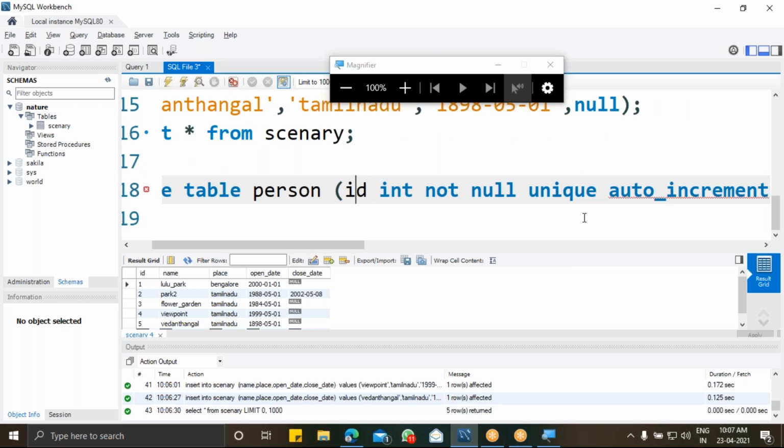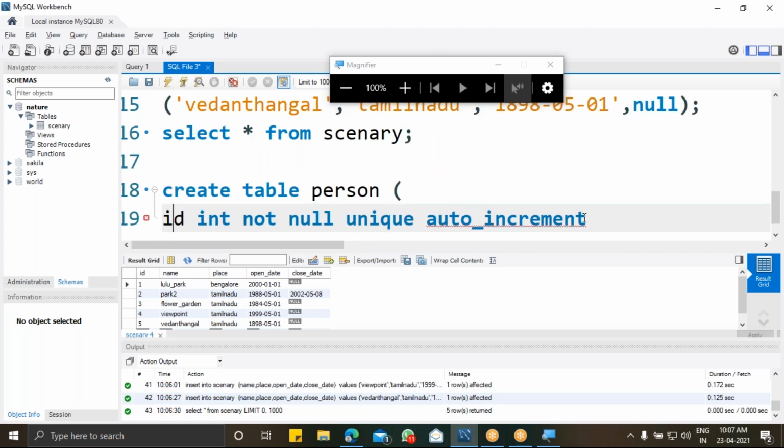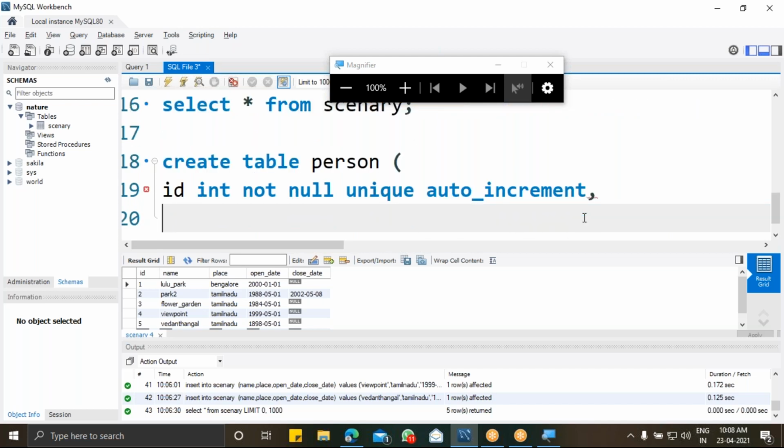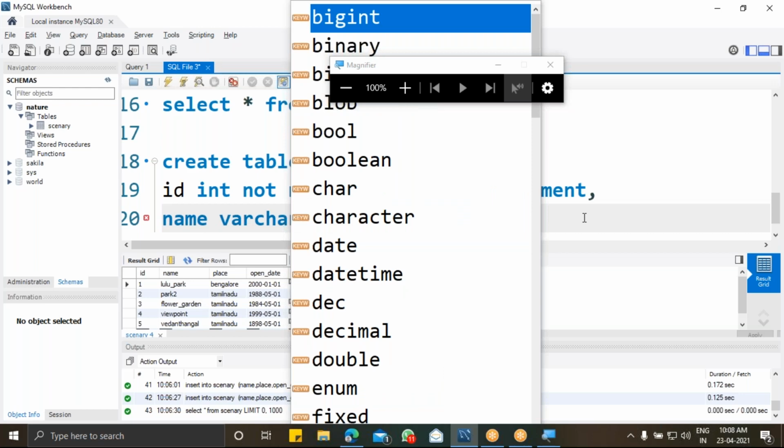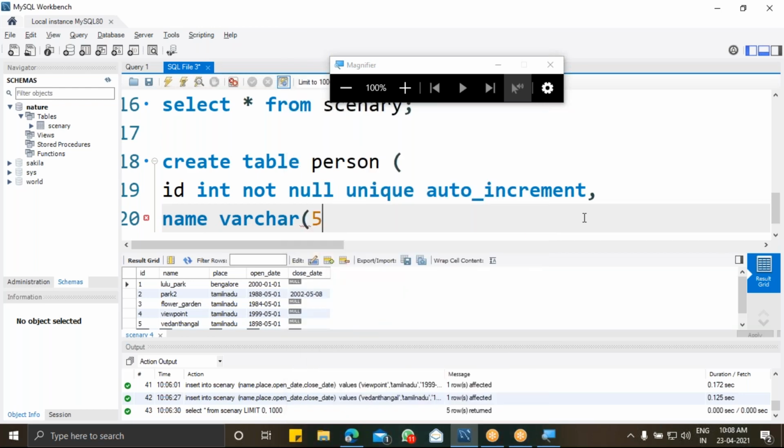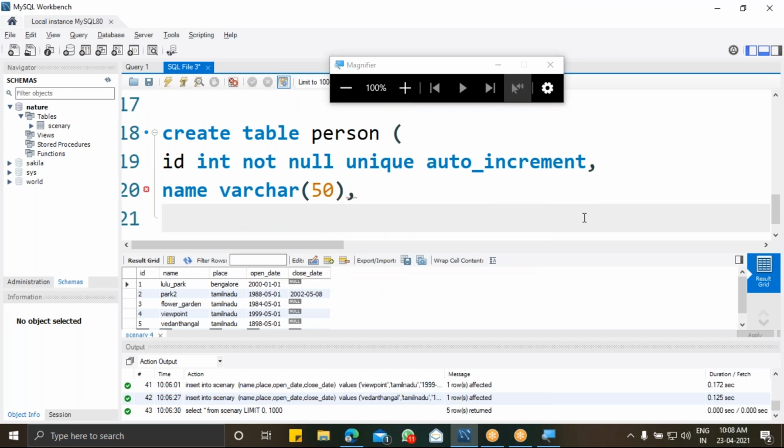Okay, I can give it in a new line. After that, name, which is going to be varchar of 50 characters.